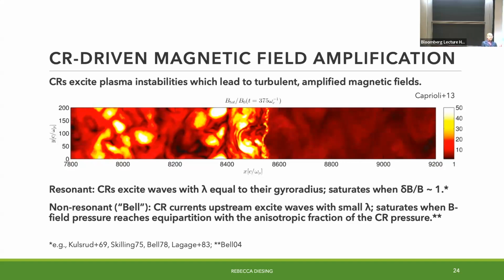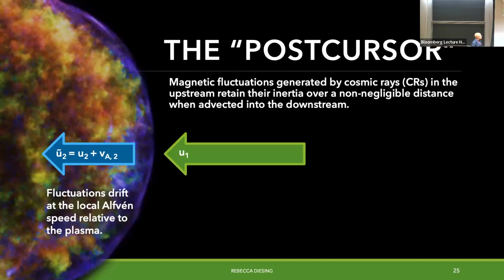So this is a very nonlinear problem, is essentially what I'm saying. So the cosmic rays that you're accelerating are exciting the magnetic field, which is in turn scattering them, which is in turn, yes. So you have this cyclical problem, and that's actually something that comes into play with this thing called the post-cursor. So this is what we think is causing the C spectra. And so when you look at these simulations, we know that we are creating magnetic fluctuations in the upstream. So basically you have these cosmic rays that are streaming, they're escaping, they're causing this turbulent amplified magnetic field.